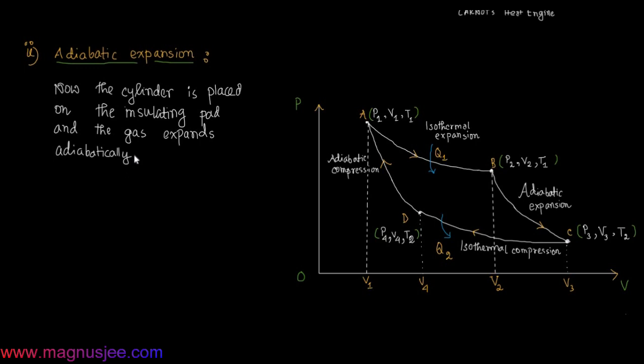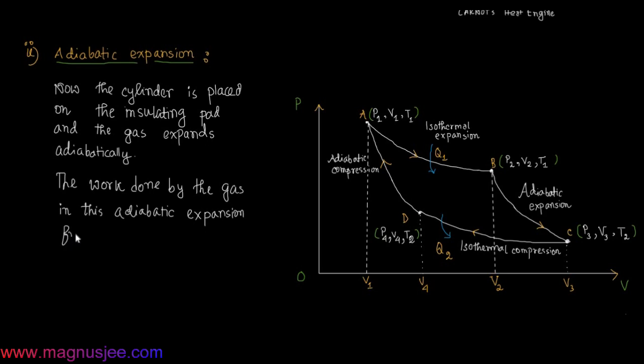The gas expands adiabatically from the point B to C in the PV diagram, and in this case the work done by the ideal gas placed in the cylinder fitted with the piston is given by the work done by the gas in this adiabatic expansion from the point B to C in the PV graph. The work done by the gas in the adiabatic expansion from the volume V2 to V3